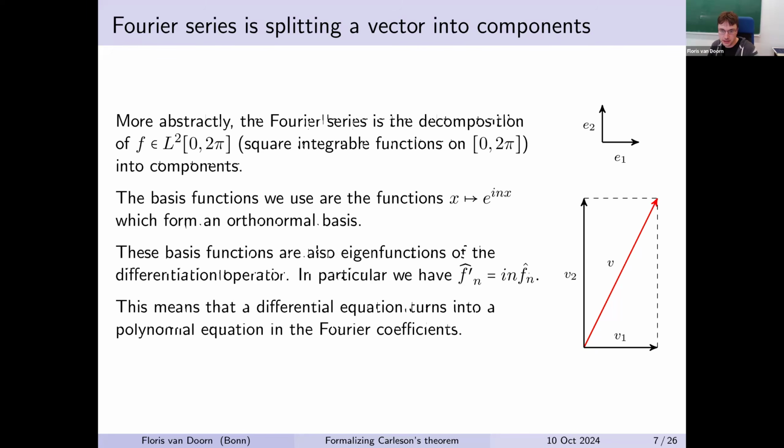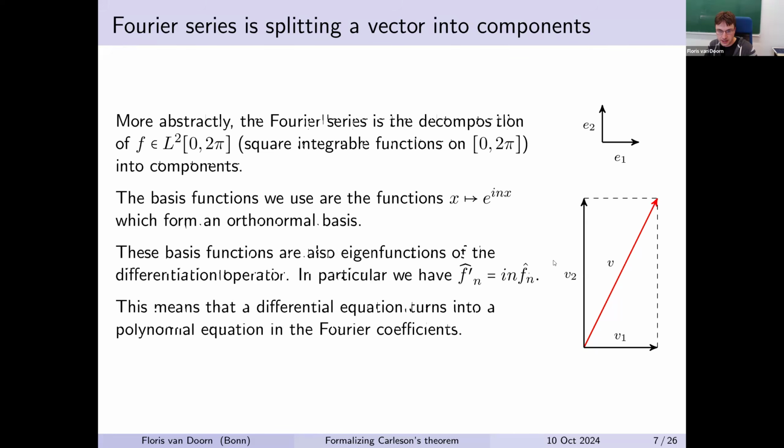So you have this very nice relation, and this sort of hints at why the Fourier series is so convenient, because it allows you to turn basically differential equations into polynomial equations. If you have a differential equation, that's really hard because you have all these derivatives. But if you take the Fourier transform, then it just becomes a polynomial equation, which is quite a bit easier. So that is sort of the idea why Fourier series are so important.